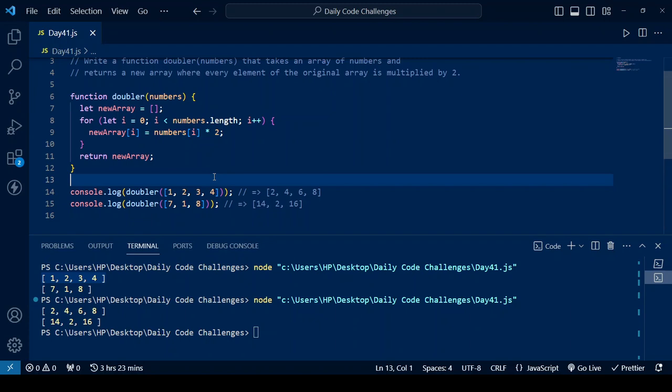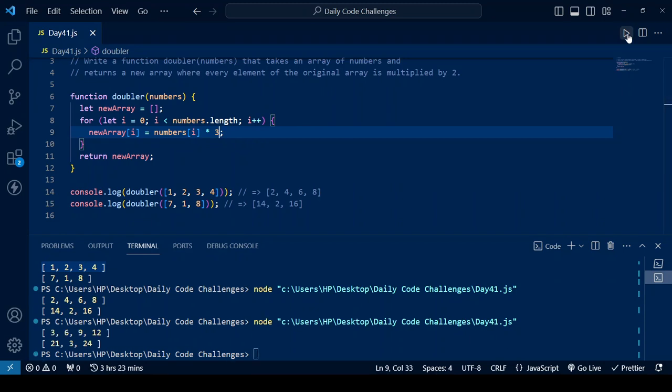So you can even choose to edit it. You can choose to change 2 to 3. When we run this, we see that every number in the array gets tripled, right? We have 3, 6, 9, 12 from 1, 2, 3, 4, right? But the instruction here says doubled. We need to double all the values. So we work with double, right? So here is my implementation of this code challenge,